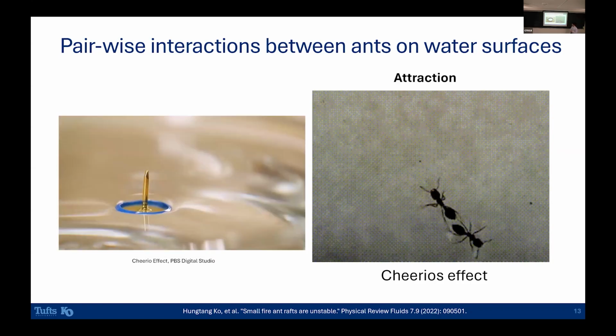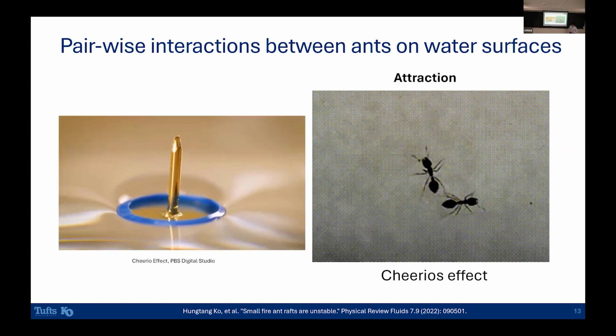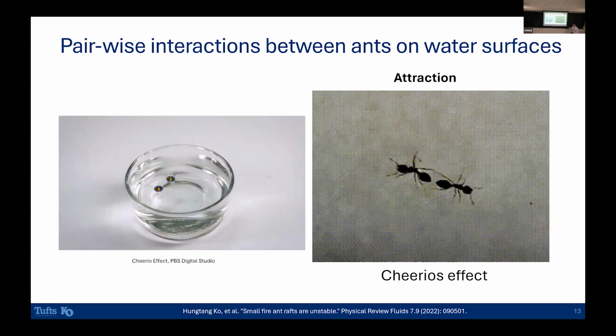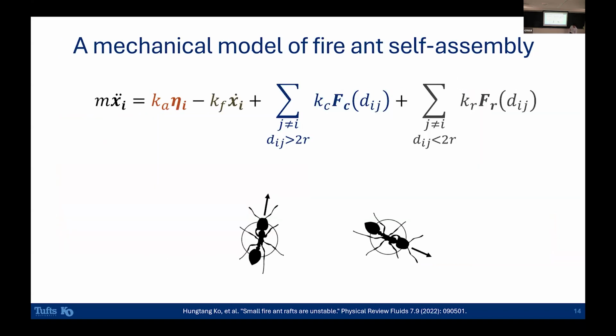So the fire ants seem to be at just the right density and hydrophobicity that they are attracted to each other. And potentially this is what actually leads to the assembly of the fire ant raft. To probe this hypothesis, what we did is we built a mechanical model of